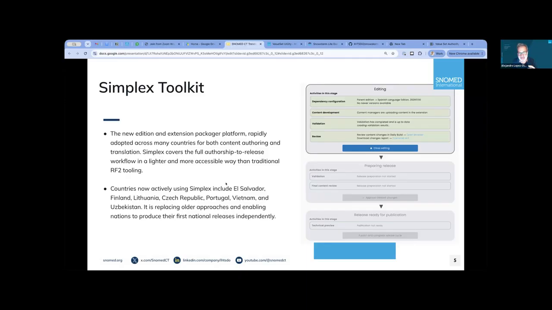So the Simplex Toolkit is a tool that is available for those who want to do a customization of SNOMED-CT. Yes, they want to use the international edition, or maybe even use the national edition or the Canadian edition. And they want to add another layer of customization. They want to say, okay, I will want to add this content.